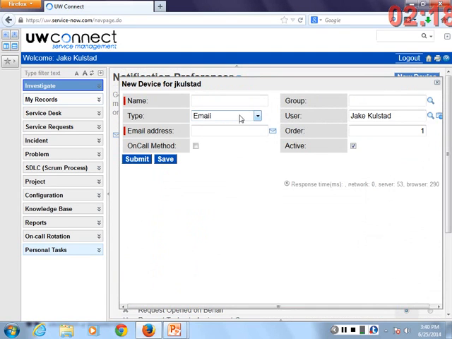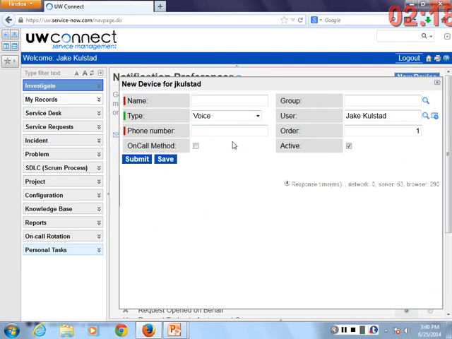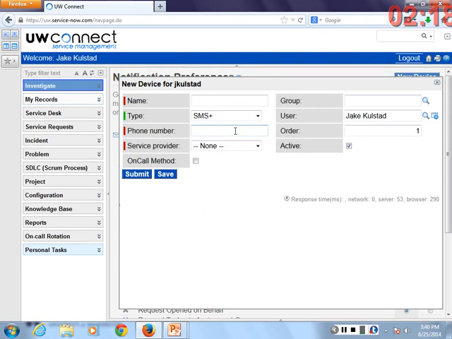So right now I have a single primary email. I'll click on New Device. I could choose different email addresses as a notification preference or a mechanism. You can choose voice. And if you did that and someone were to escalate to you, it actually would play you a message and leave you a recording of your incident task.